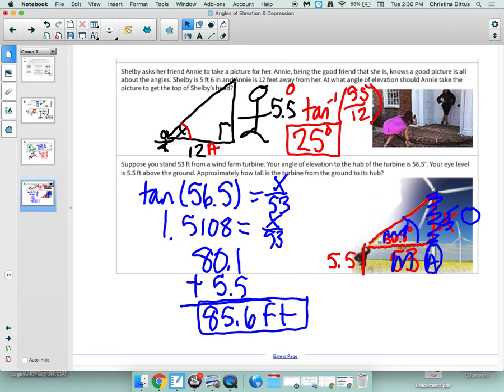Alright, so if you see anything that's like your eye height, a person's height, and they're looking up and it gives you a number, you're probably